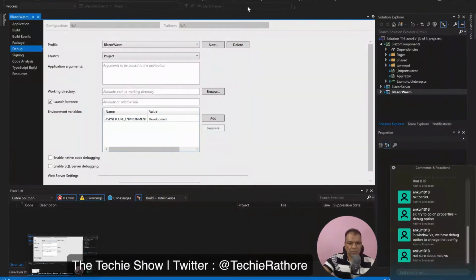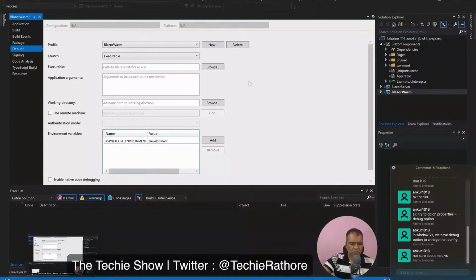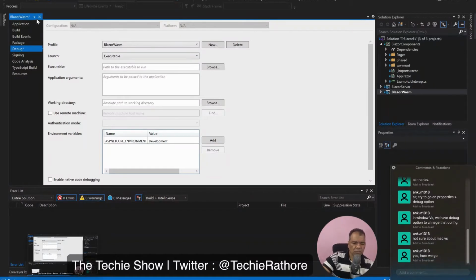Okay, let's try to run it now. It's still using IIS. I don't want to use IIS for this one. IIS Express executable. Okay, use remote. No. This is not the one which I'm talking about. Okay, profile Blazor Wasm. It says profile Blazor Wasm.